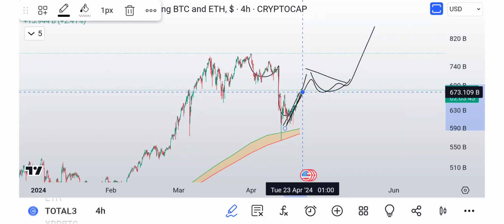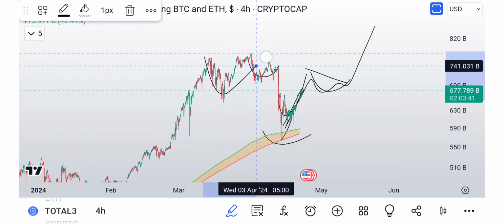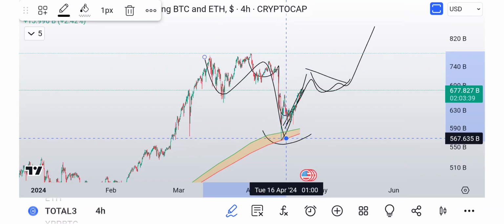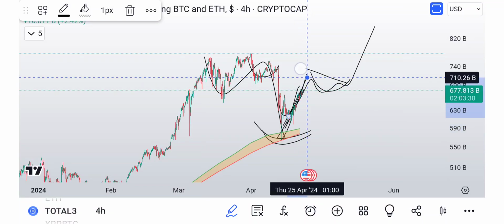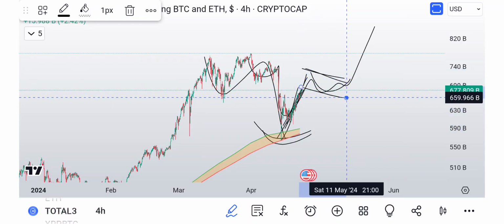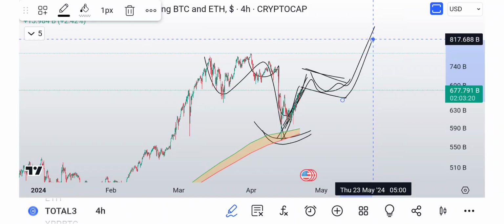So we have the bottom, we have the ABC, we have the liquidation, we have the back test of the bull market support band, we have the fractal, we have the bounce going to the upside. So now we need to start flagging out, maybe a continuation a little bit higher for total 3 for basically all the altcoins, and then it's getting time to potentially put your moon boots on, probably by, I would say